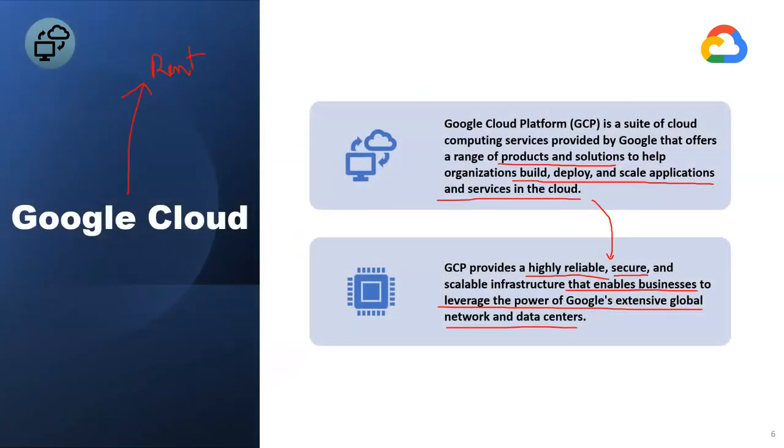Okay, so Google Cloud Platform is a suite of cloud computing services provided by Google that offers a range of products and solutions to help organizations build, deploy, and scale applications and services in the cloud. GCP provides highly reliable, secure, and scalable infrastructure that enables businesses to leverage the power of Google's extensive global network and data centers. So, whatever topics I mentioned here, how to build it, how to deploy it, how